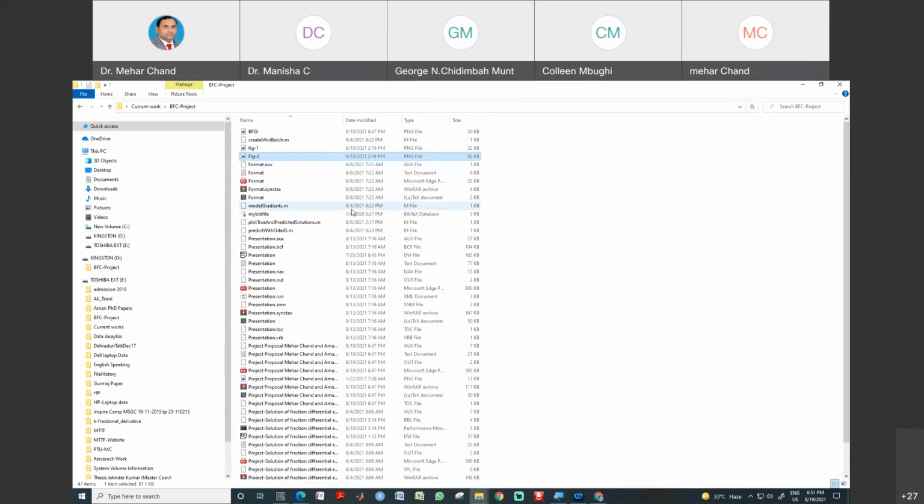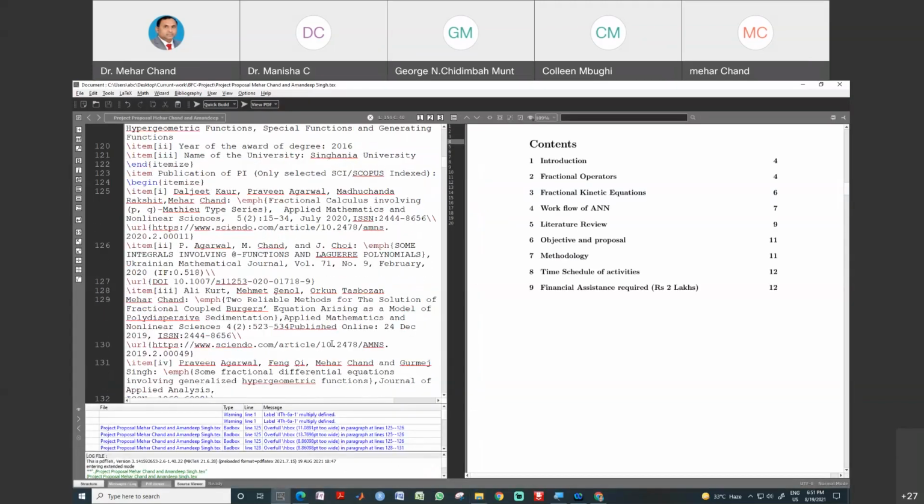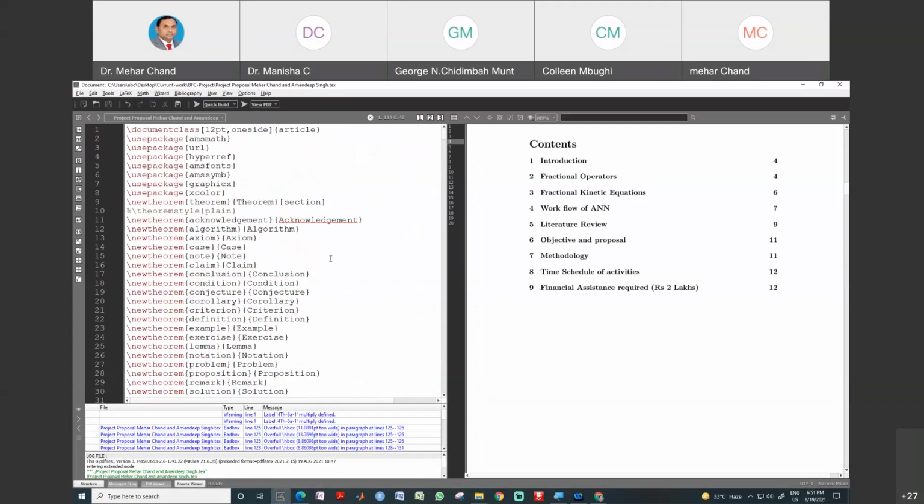Actually, for this we have the same packages which I already explained here. I will share this file with you also, and this will be very helpful for you. You can see all the required packages: the amsmath, article, hyperref, amsfonts, amssymb, graphics, xcolor.